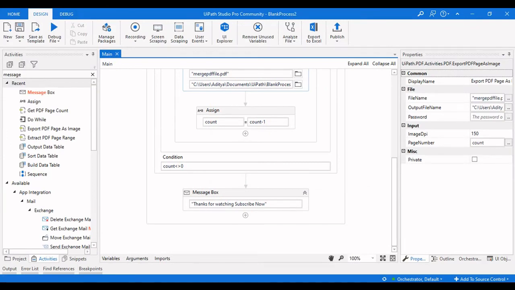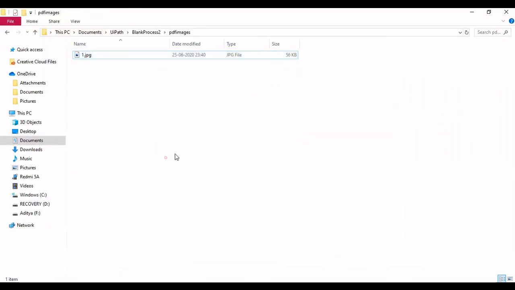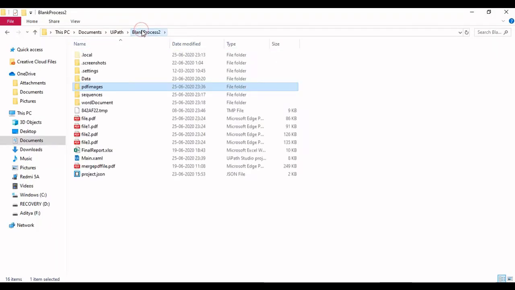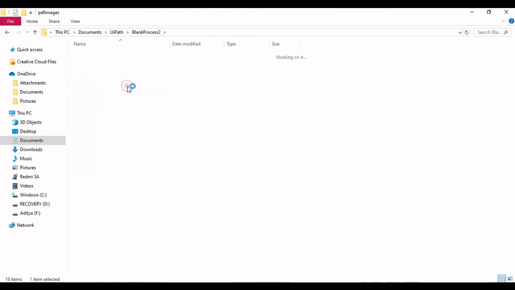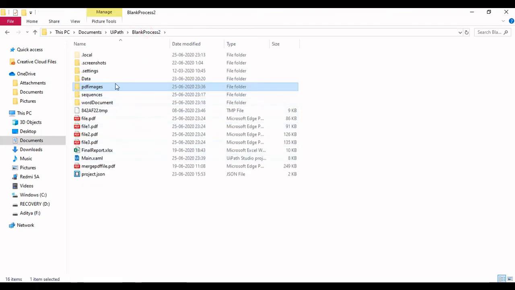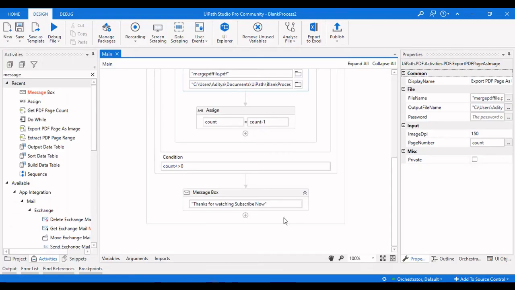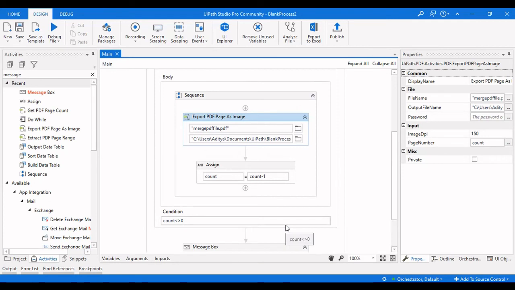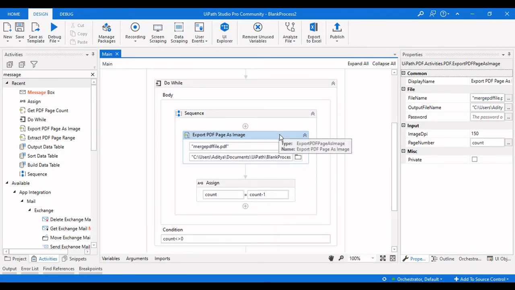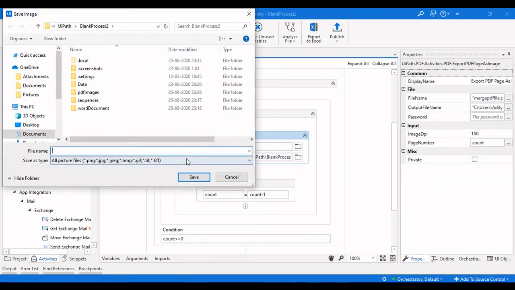Let me quickly go back and check whether the image files are present in this particular folder. No, right? Only a single file is present over there, because the output file path we have given is not dynamic, it is a constant value, right?